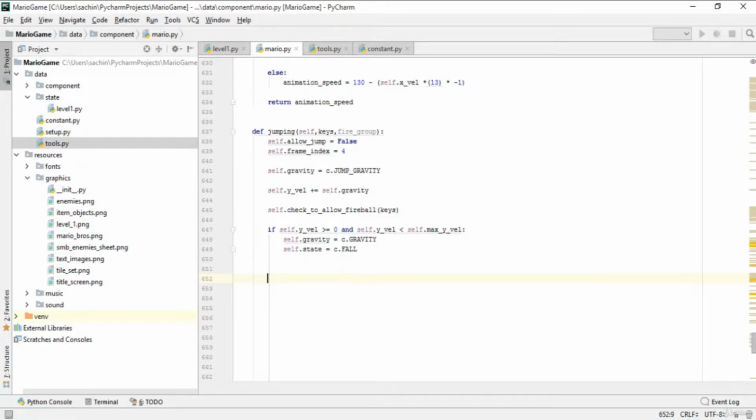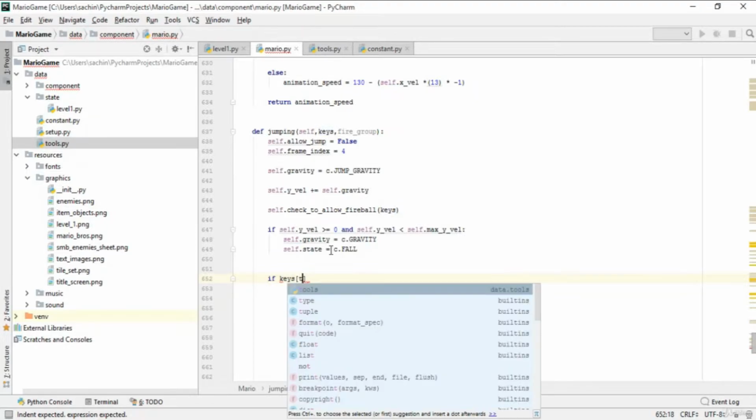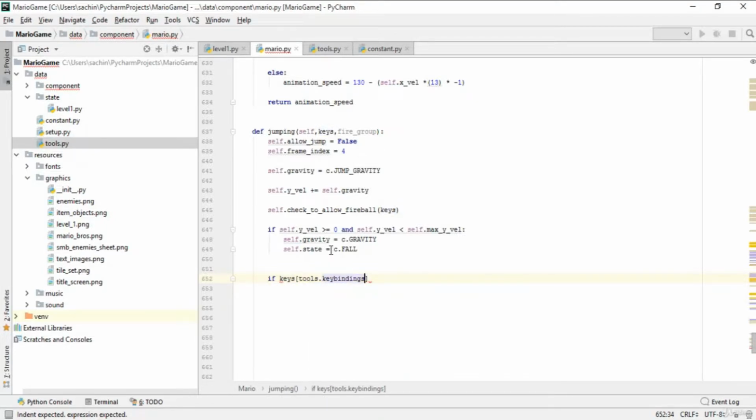So this should be basically our one condition, that is the main condition in order to check if it is a fall or not. So now we'll check for the key bindings, that is for these keystrokes. So we'll say if the keys, and just give the tools dot key binding, and I'll say here that is the left first. And if it is the left, then what you can do is we'll check for another condition